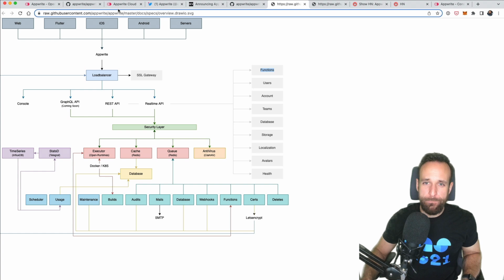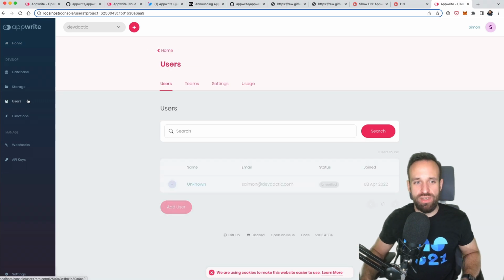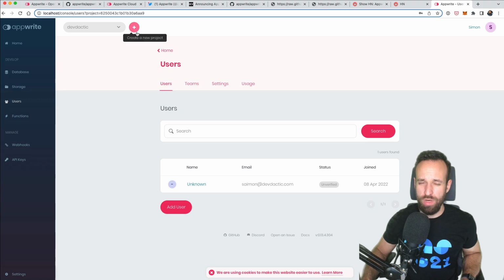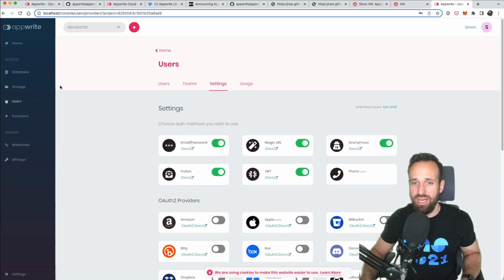What I found a bit unique about Appwrite is I think they're putting a lot of focus on user management. That's also what I saw in a YouTube video where one of the developers was talking about it. So they have a heavy focus on creating users, creating teams, and setting up these things.